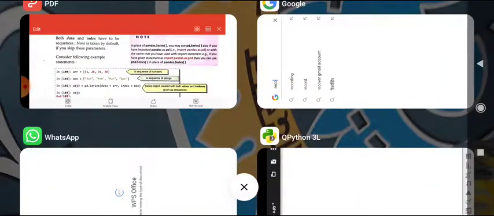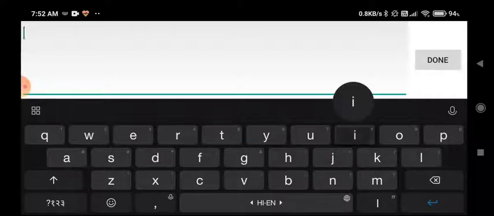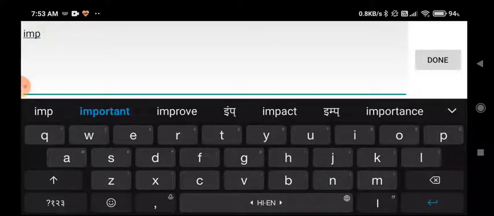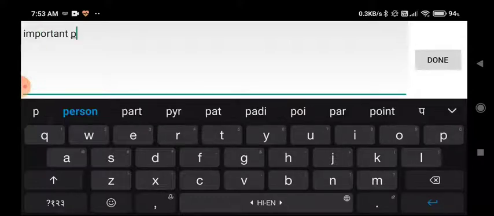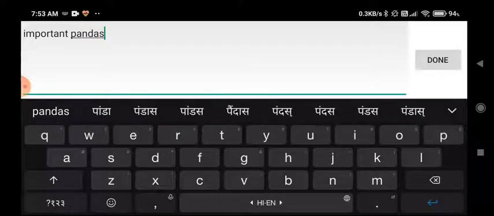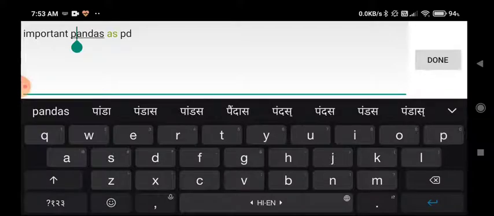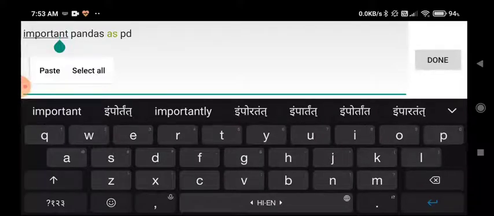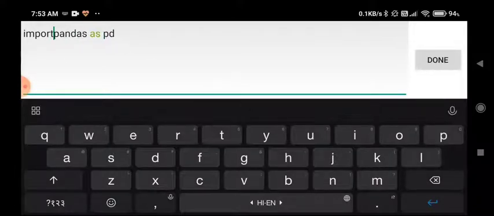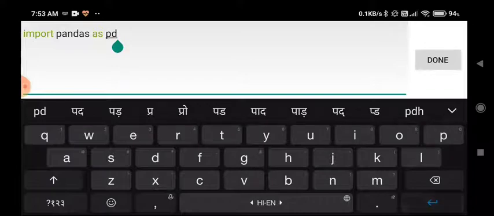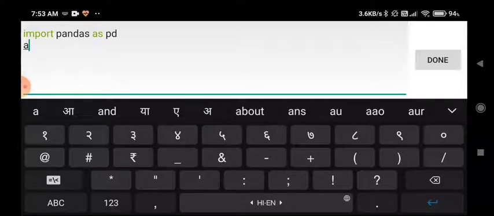For that I am opening QPython 3L. In the QPython editor, first of all we need to import pandas. So I am writing import pandas as pd. The import statement was wrongly written at first; we need to write import pandas as pd. Then after, suppose I am taking two variables, like a is equals to